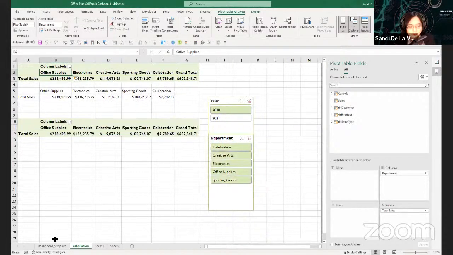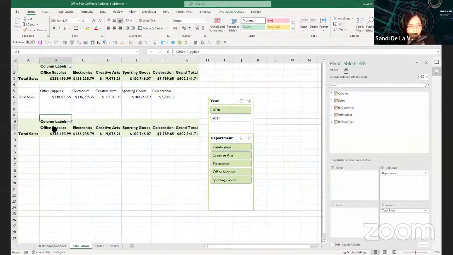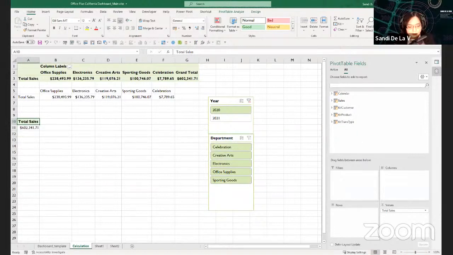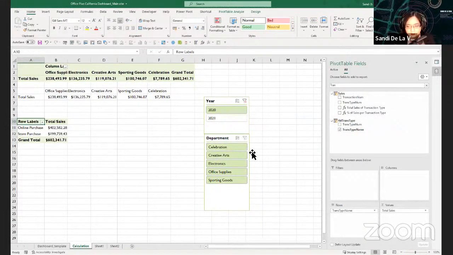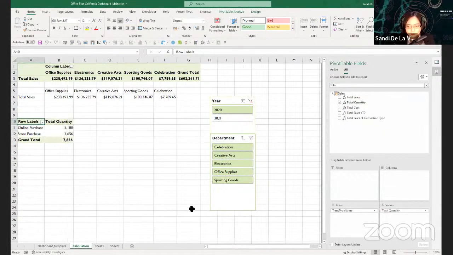So what we need, remember, going back to this dashboard, is to calculate the quantity sold online and the quantity sold in store. To do that, let's look for the transaction type name and then use the total quantity DAX measure. There.